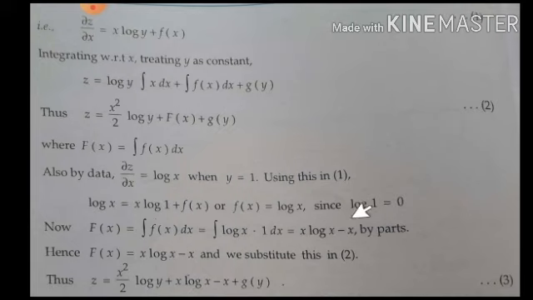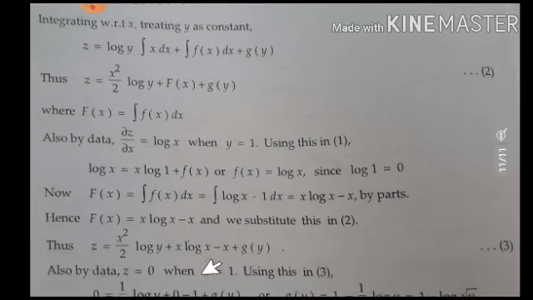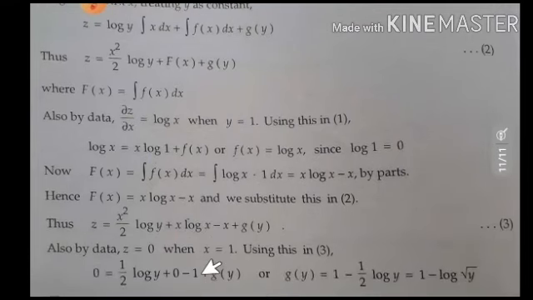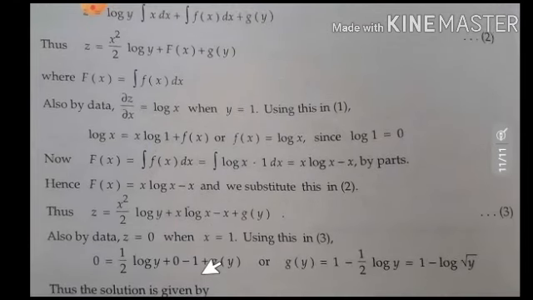Directly it is written. Try to solve it. If you have a doubt, you can ask me later. This is the direct answer they have written, doing integration by parts. Consider this as u and this as v. Apply the integration by parts formula. Hence capital F of x you got as x log x minus x. That you need to substitute over here. So substituted over there.